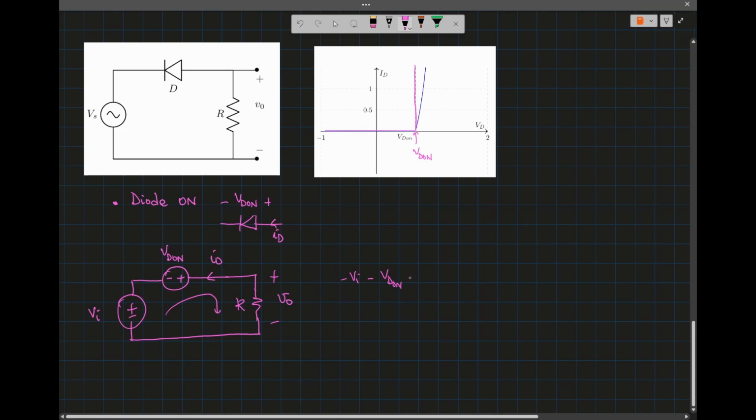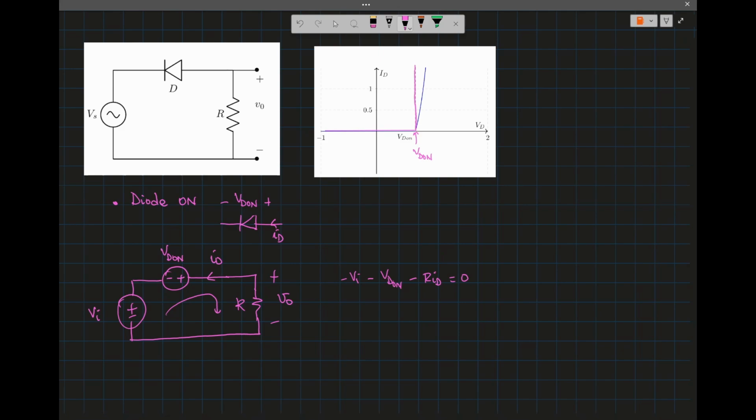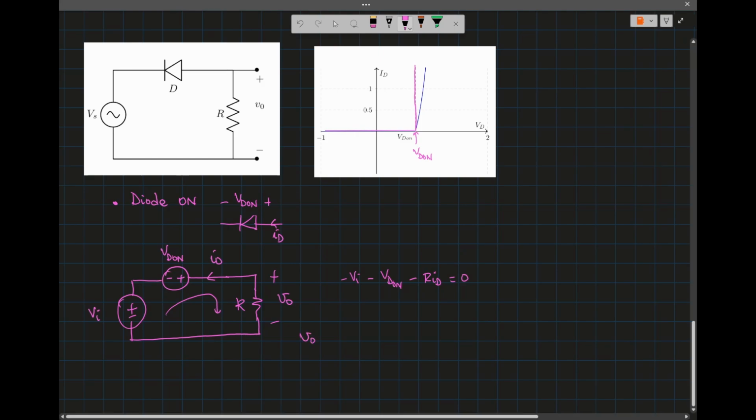Okay, and then minus R I_D equal to 0, because we're moving against the current, so the voltage drop across the resistor is equal to negative I_D times R. Okay, so if you apply Ohm's law, you have V_0 will be equal to negative R times I_D, right? So that's what I have in there. Okay, so V_I will be equal to